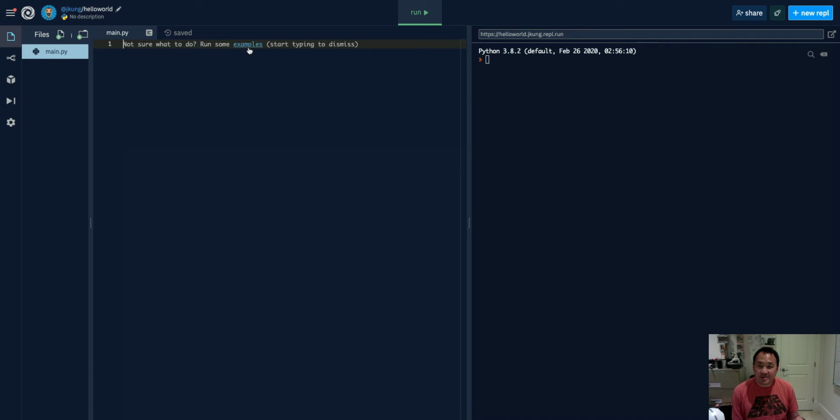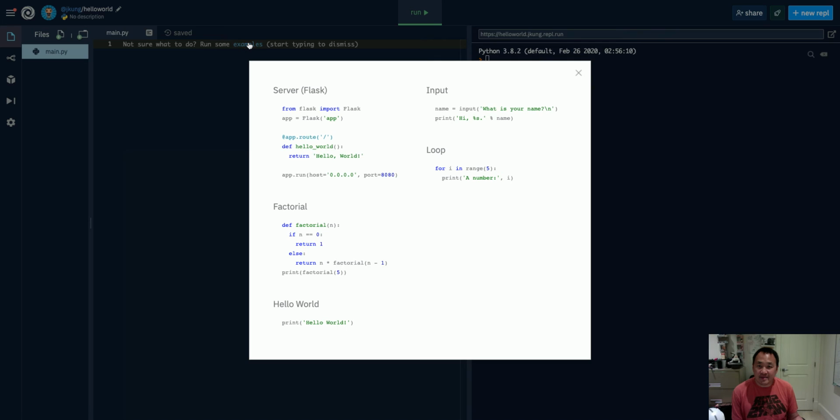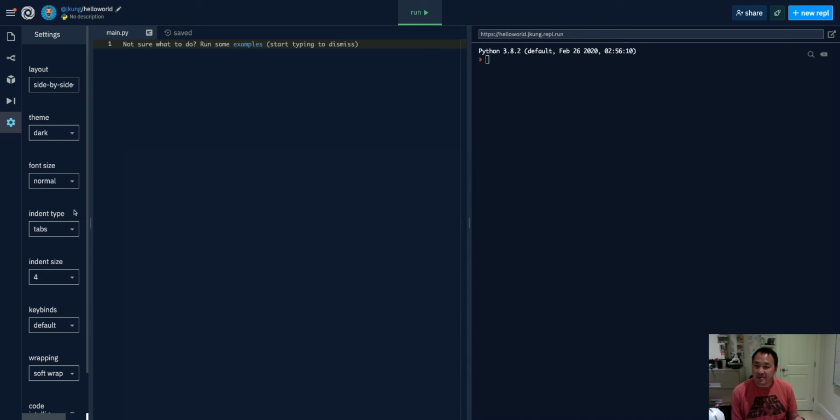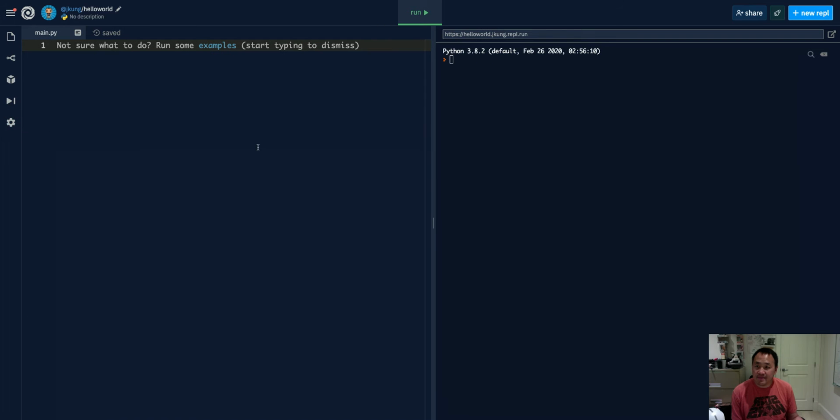It says not sure what to do, run some examples. Basically, this is Replit's way of getting you started off with some example code, but I'm going to talk you through some of this anyway. So let me just increase the font size here so you can see a lot better. There we go. Okay, so I'm going to start off by going print